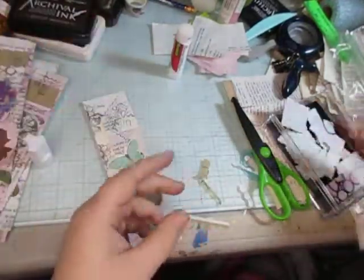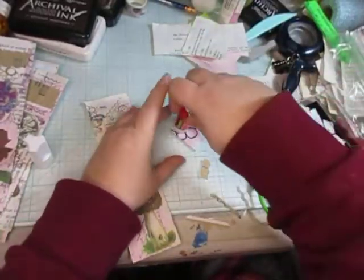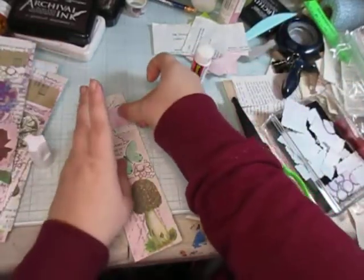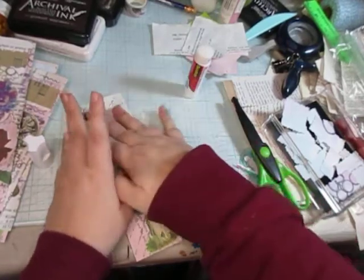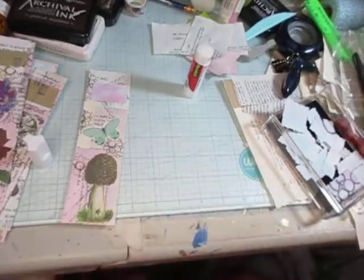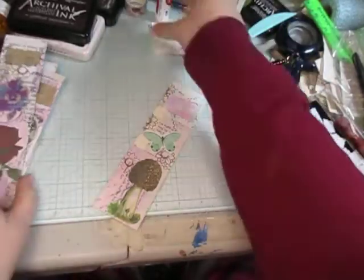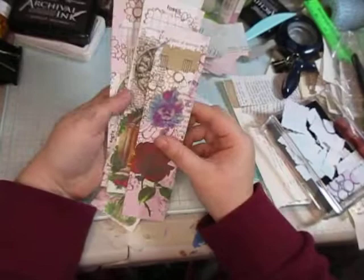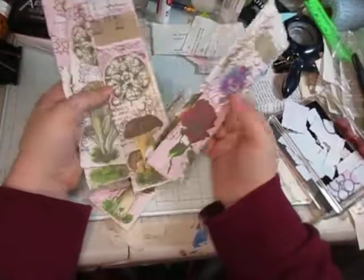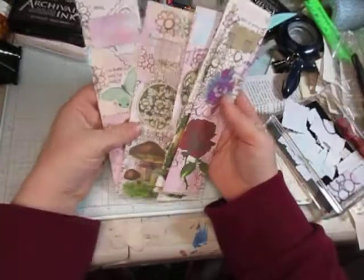Yeah, you may not be straight. It's not that big of a deal if you're not straight, honestly. Try your best. If it don't work, it don't work. It's okay. So there we go. Our belly bands are pretty much finished. I may just do a quick sew around them and show you them again tomorrow, but again, I think this is a great way to use up ephemera and stuff like that, that maybe you're unsure of how to